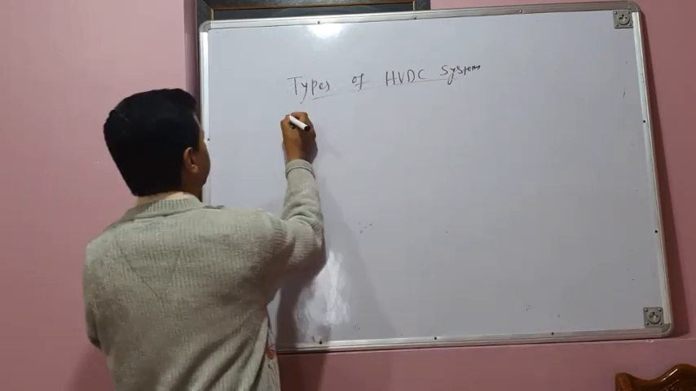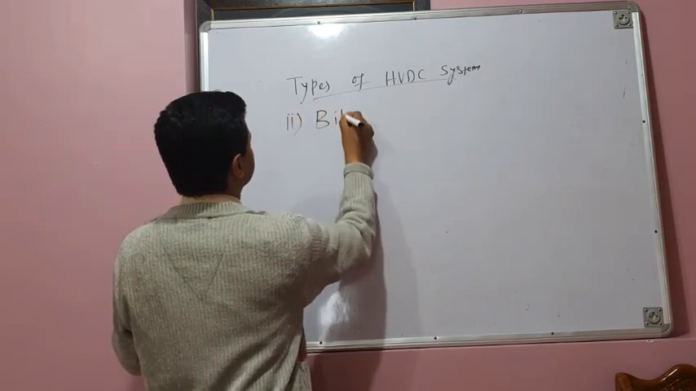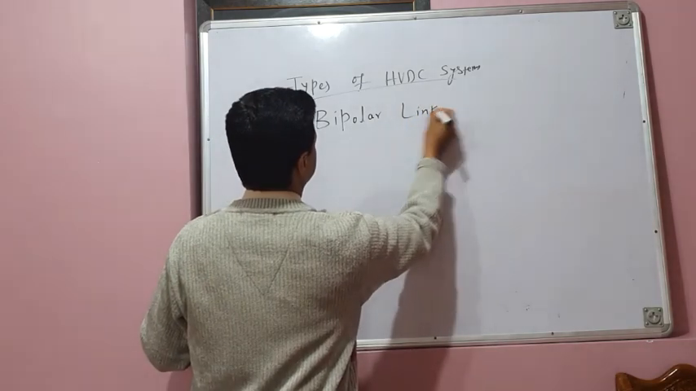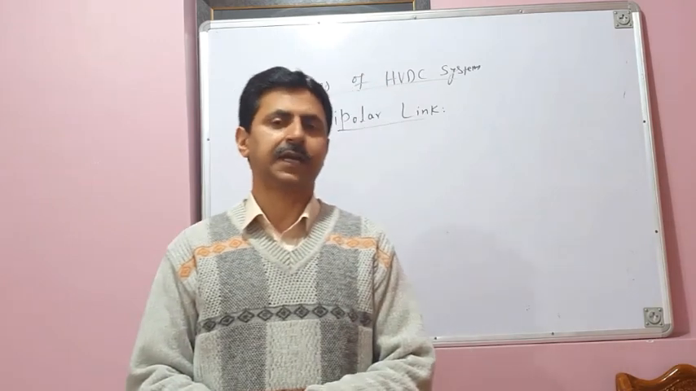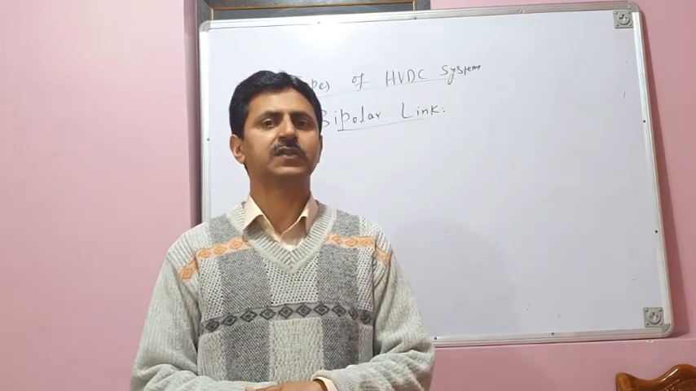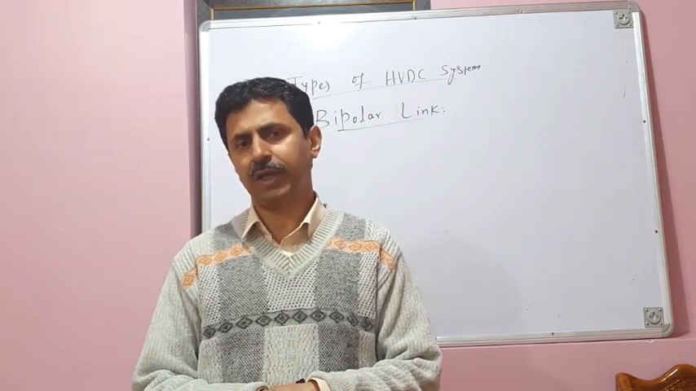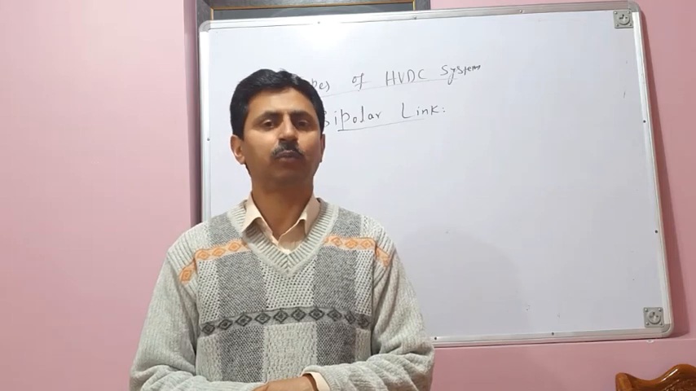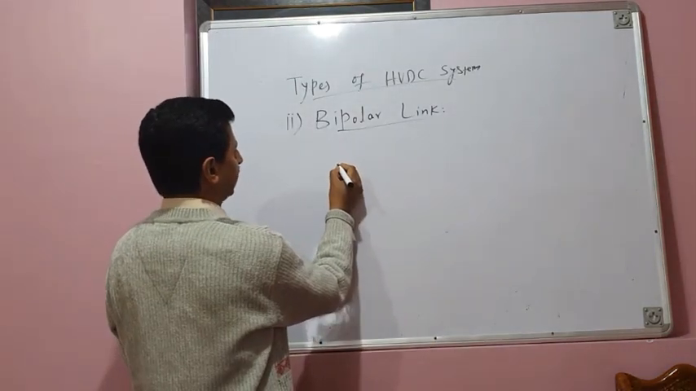The second type is bipolar HVDC link or bipolar link. The name itself indicates that bi means two. It comprises of two poles or two conductors. One will be of positive polarity and another will be of negative polarity. So therefore it is a bipolar HVDC link. So its schematic diagram looks like this. You can see